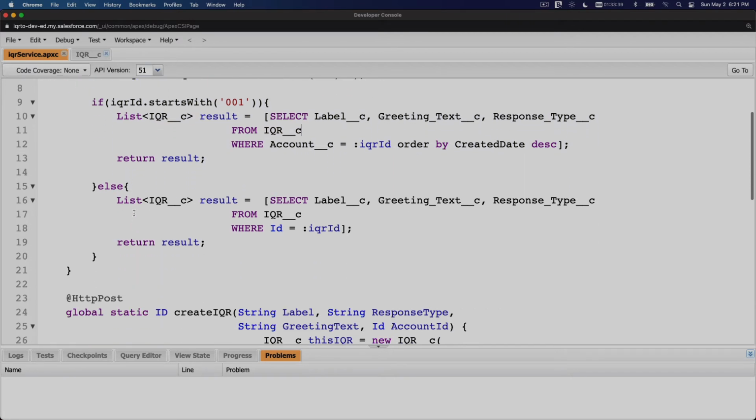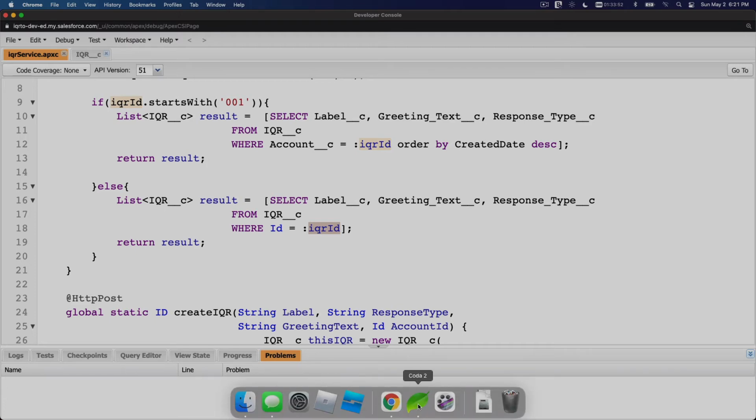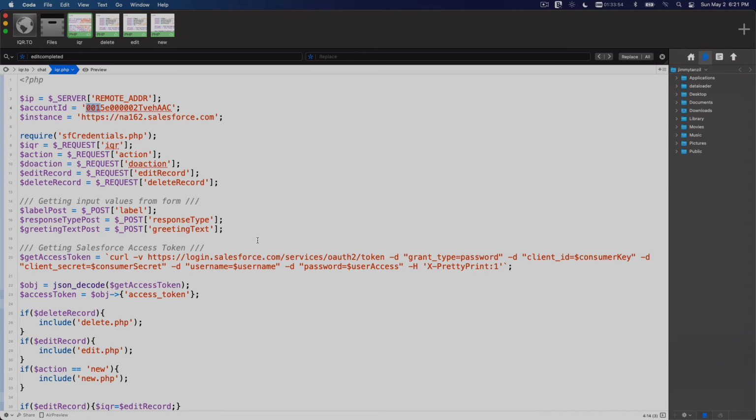Okay? If not, do the other SOQL, which is basically just grabbing the particular record ID. Alright? So that's the difference. So that's how you list the available QR codes on the particular account. So same thing with